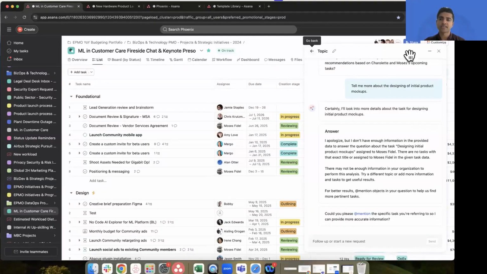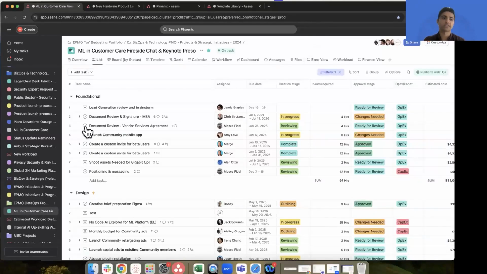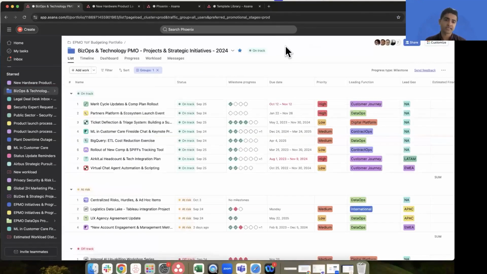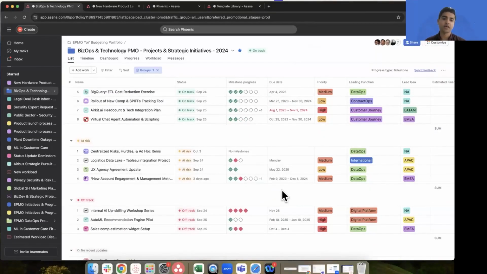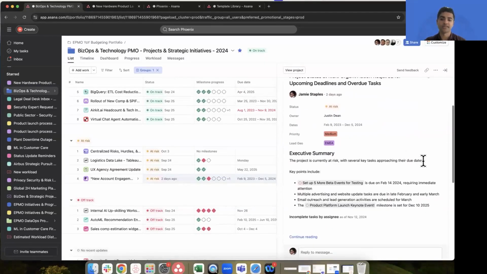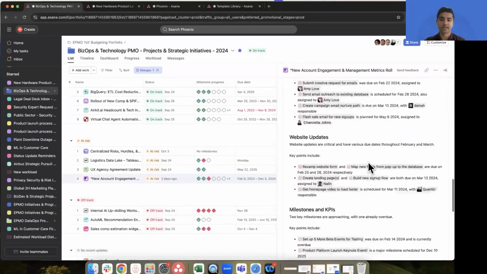So this is just scratching the surface of a few of the things that Asana has with AI. One last one before I wrap up this topic is where, let's say, for instance, the person who manages this entire portfolio of work is unavailable. Either they've left the company or they've changed functions or they're really busy. It could be any of those things. That's where we now have the ability to have an AI actually write status updates that look exactly like this.